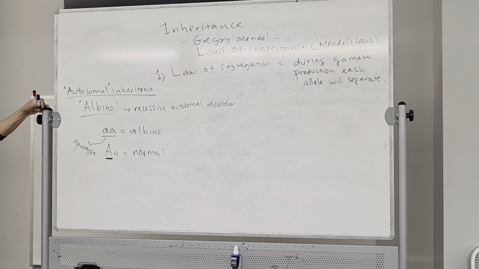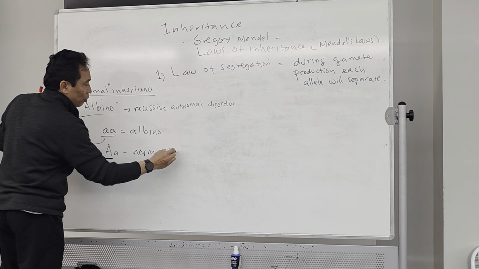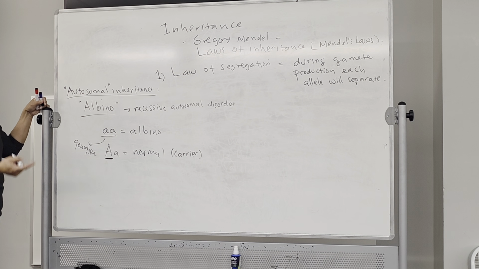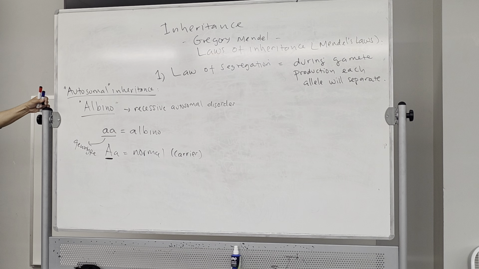Their skin is normal. However, they actually carry the albino gene. Therefore, we can also call them a carrier. This individual carries the albino gene. It doesn't matter male or female because it is in the